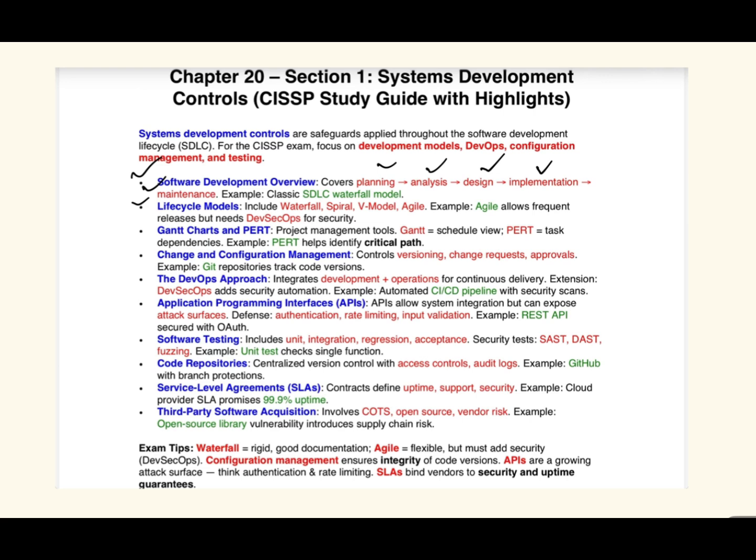DevSecOps adds security automation to Agile and DevOps pipelines. So DevOps is development and operations. If we include the security, the DevSecOps model, then it adds security automation to Agile and DevOps. So the third one is